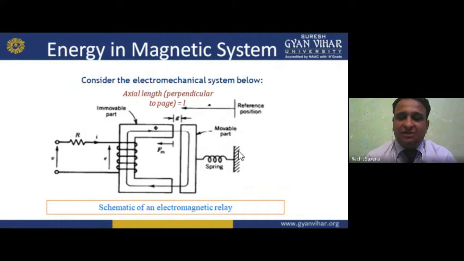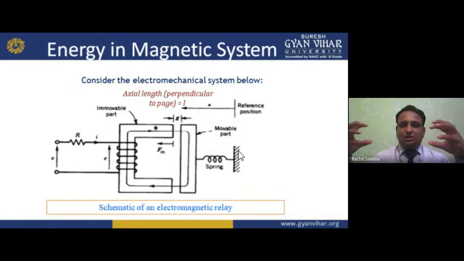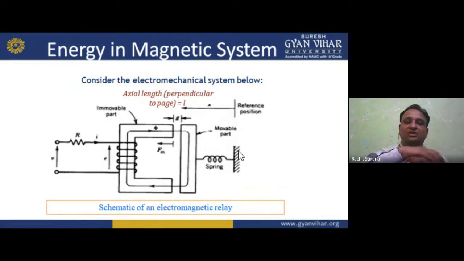So it is just similar to your relay, just similar to your measuring instrument. In a measuring instrument, we also do this. We give current, and due to that a magnetic field takes place. Due to this, force is applied and the pointer moves on the scale. Then there are deflecting torque and controlling torque. When they reach an equal position, the pointer stops. If we don't give the supply, the deflecting torque becomes zero, only the controlling torque remains, so the pointer comes back to the initial position.